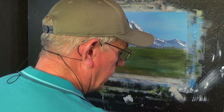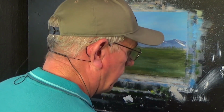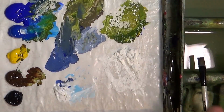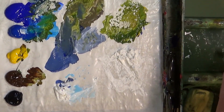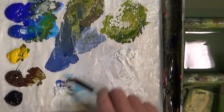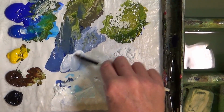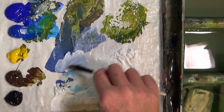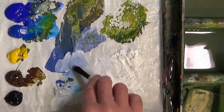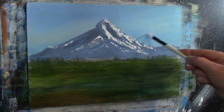Okay, so what I want to do now is maybe put some... Let me just clean my palette knife off. Maybe. Let's just mix a bit of this white and whatever blue this is, just to get a dark colour. I'm just checking one of my cameras. I had a bit of a problem with one of my cameras, so I want to put a...